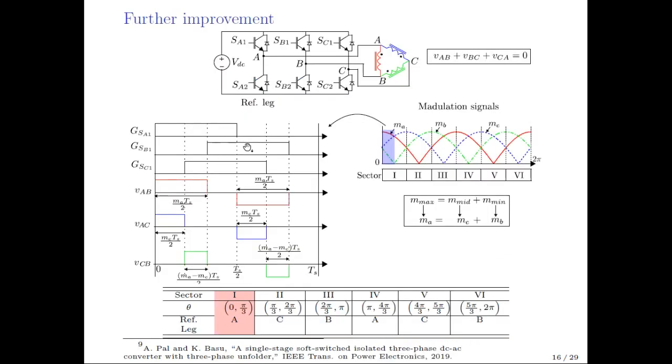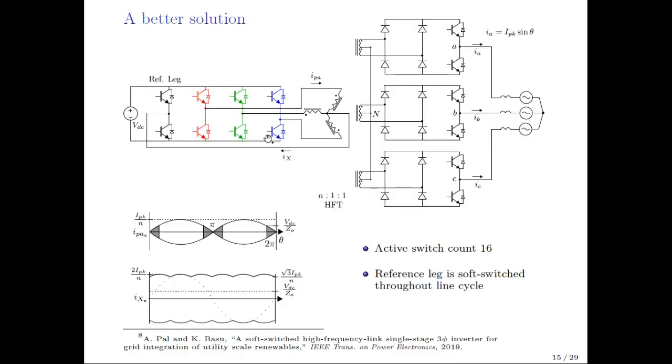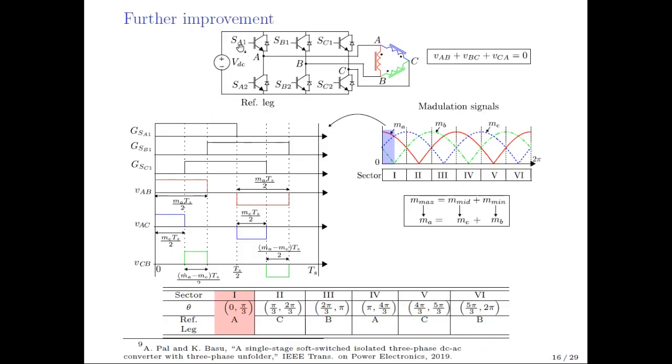We can further improve the DC side converter, and that structure is shown here. As you have seen previously, here we had 4 half bridge legs, but we can have a converter with 3 half bridge legs where the transformer primaries need to be connected in delta. Now, if we consider leg A and B as a half bridge, and do the phase shift modulation that I explained in the last slide, suppose the gating pulse of switch SB1 is phase shifted with respect to switch SA1,